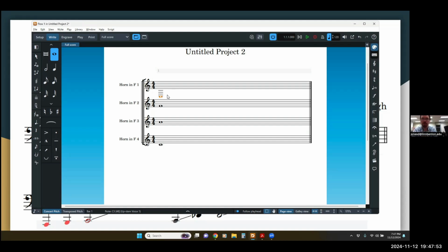but if you're spending a long time down in this register, I would say if you're spending a long time between 3 and 4 ledger lines, then that's when we're going to want you to change that more extended passage into bass clef. And again, we can read